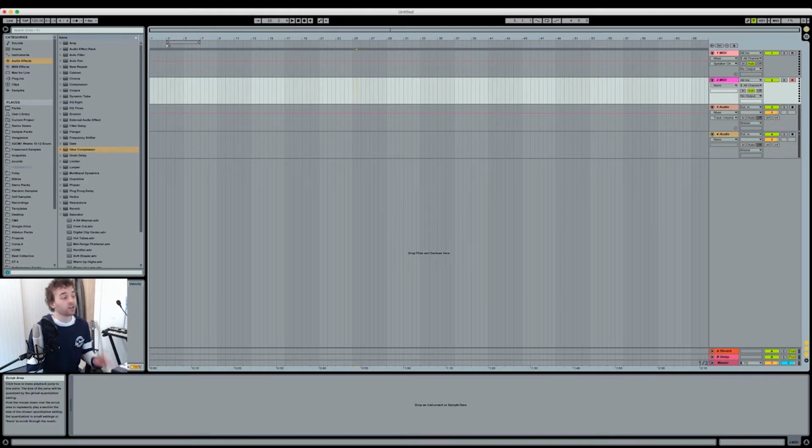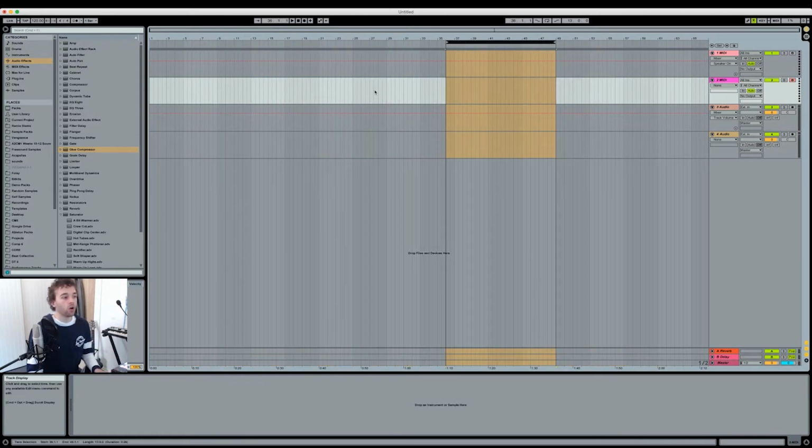You can manually set it by moving your cursor to the side until it becomes this square bracket, and then you can click and drag either in or out to change that side of it, and then change the other side of it by doing the same thing. You can click in the middle of it and click and drag, and this will drag the entire loop brace